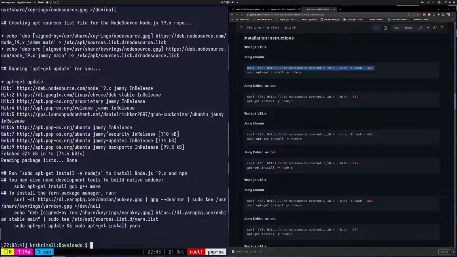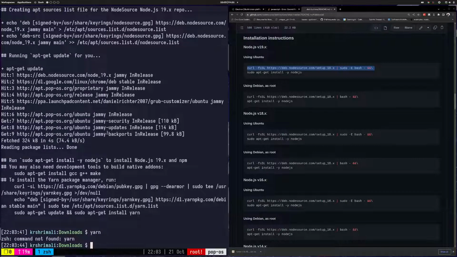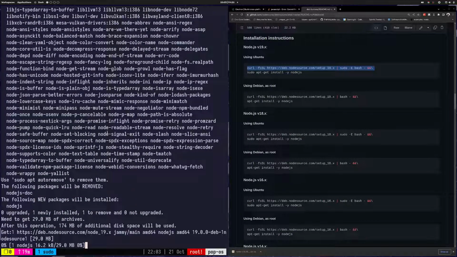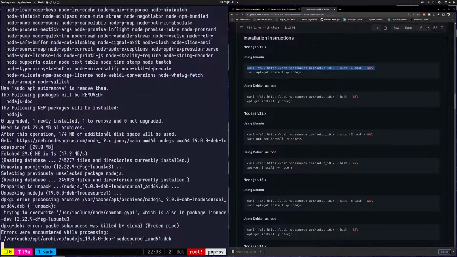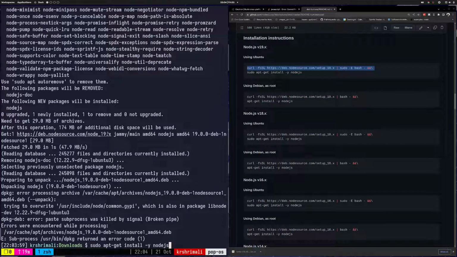So yeah, it's happening. Okay, now you can do this. Sudo, do I have yarn installed? No, right? Let's hold on to install yarn, but let's try to install Node.js first. So yeah, okay, there you go. So at least it is installing the latest version,